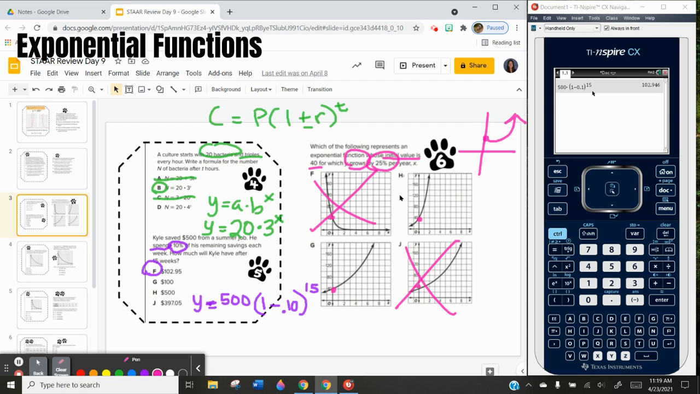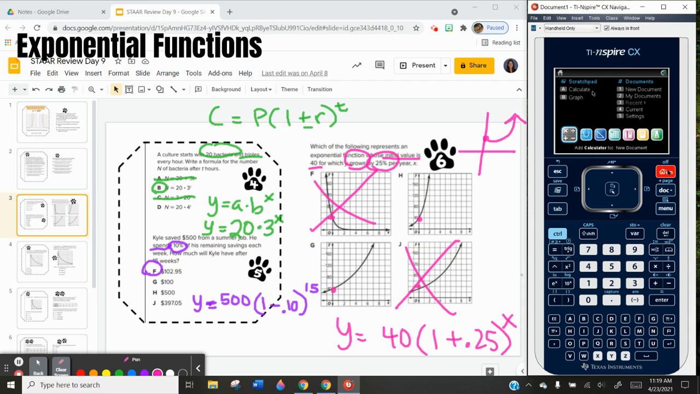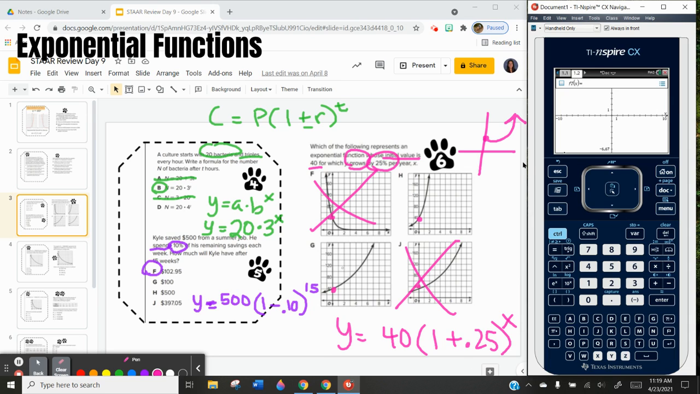It's growing by 25%. So if I were to write an equation for this, it would be y equals the initial value 40, parentheses, 1 plus 0.25 to the x power. Now, why is this important? Well, it can help me get another point to figure out if G or H is correct. So let's type in our exponential equation, which is 40 parentheses 1 plus 0.25 raised to the x power. After I have it typed in, I'm going to pop up a table, Control T, and I need another point that I can determine